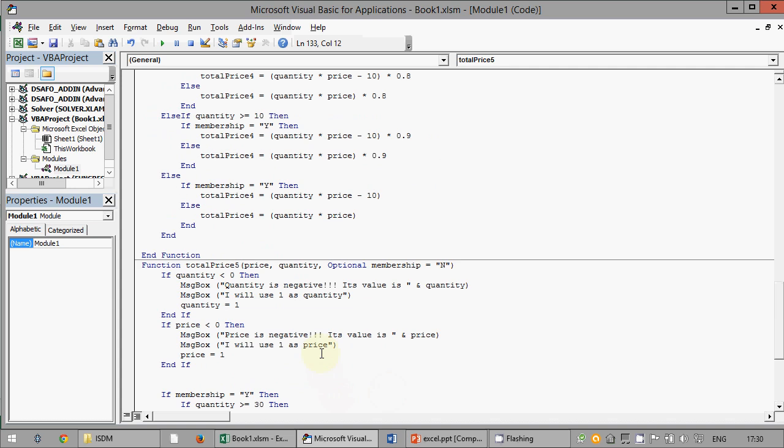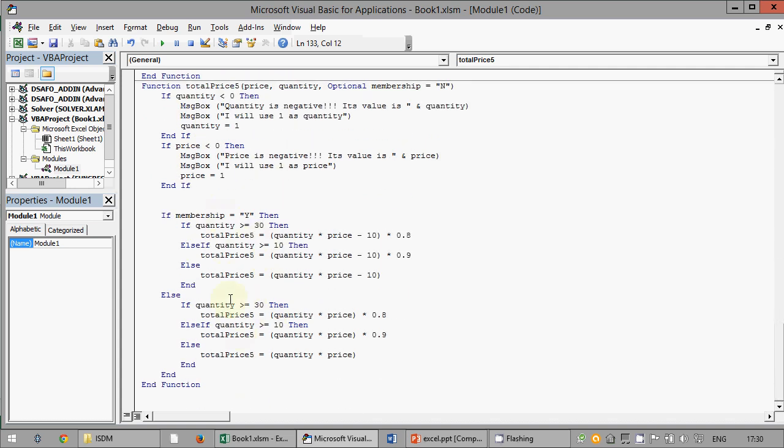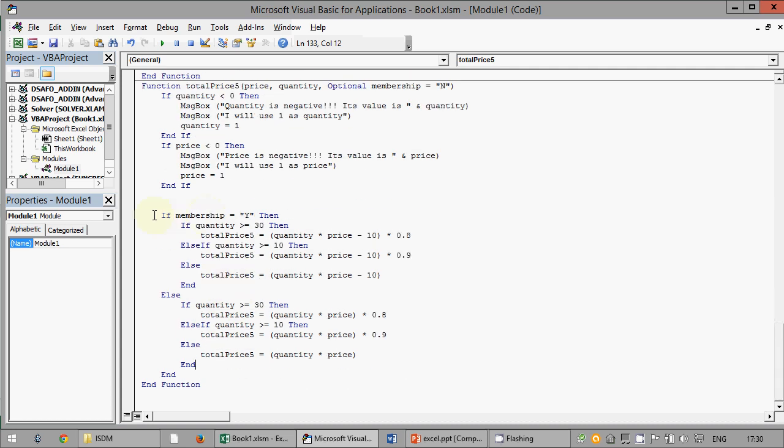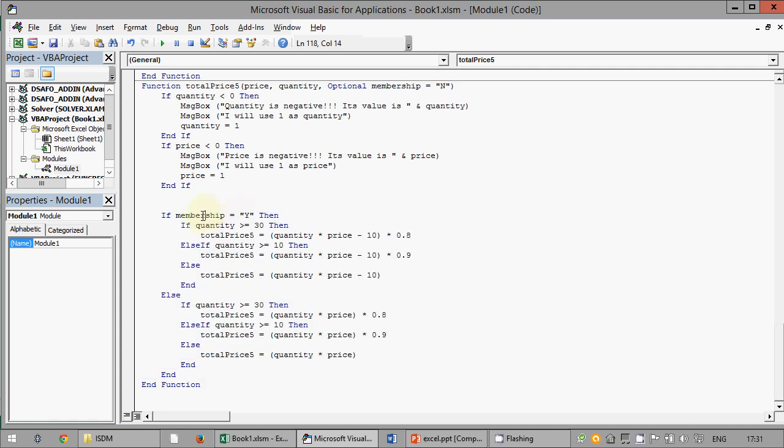Okay, so this is perfectly equivalent to this one. Also, you can see the amount of things you write is perfectly equivalent. Probably this is a little clearer because you do the big if on the membership externally and internally the one on the quantity. Okay, I save.